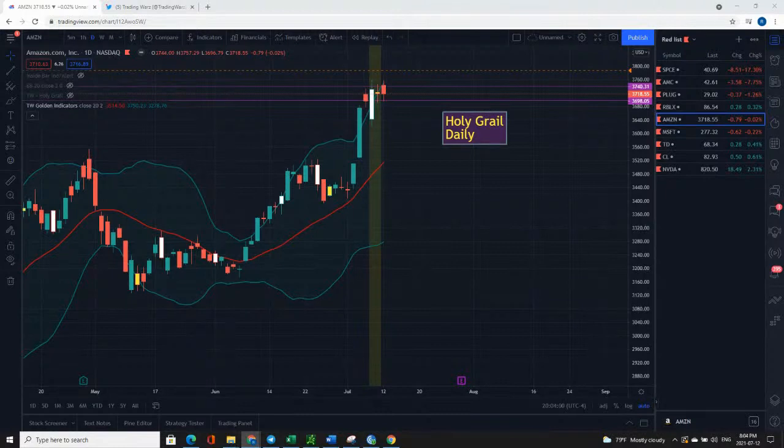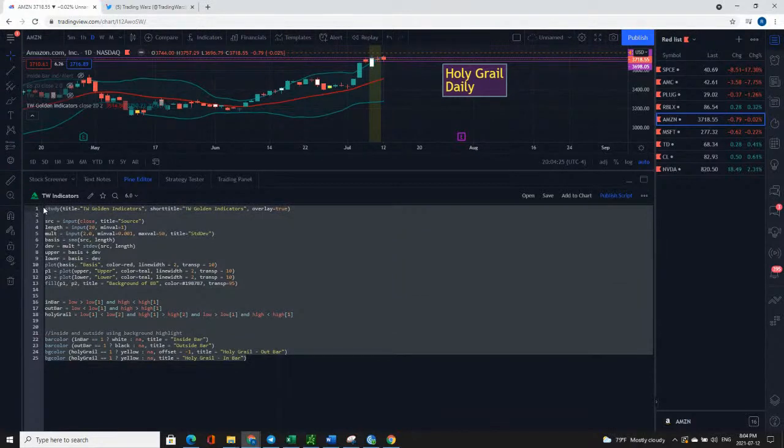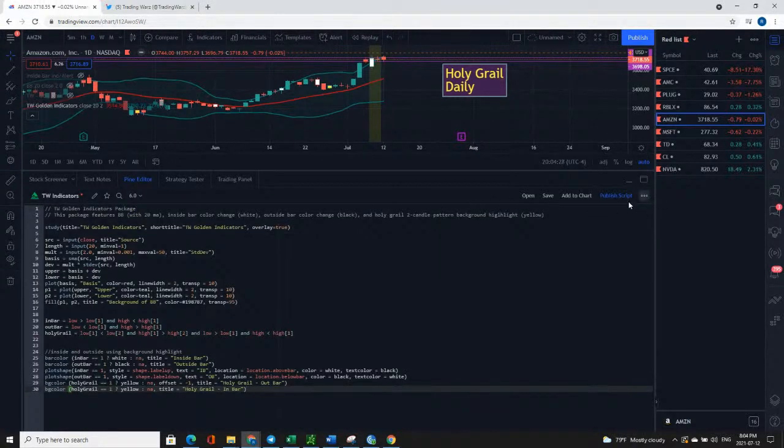Trading Wars. Okay, so now I'm going to add the one with the writing on it, and let me teach you guys a few things. Here is the script, and I can click the source code, and this is basically the script. You can just copy and paste in scripts. What I'm going to do here is copy the one that has the writing, go in here and paste it like this. Then I'm going to click add to chart. Okay, and there we go.